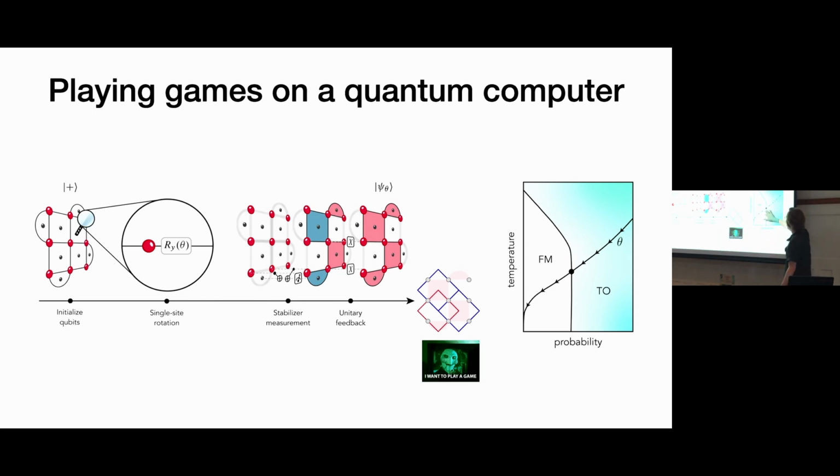And we have a handle on how deformed it is. That's what this plot here shows. You start in this topologically ordered phase, the blue region up here, and as you go theta from 0 to pi, you end up crossing through this phase transition that is essentially equivalent to the Nishimori transition for people familiar with error correction. So it's a well-understood, disordered phase transition that's equivalent to a 2D classical stat-mech phase transition. And then you go into a trivial phase where you don't expect any advantage anymore because you essentially have trivial correlations. So we want to see how well the game performs in this phase, especially as we go away from the ideal toric code state up here to a more noisy one.